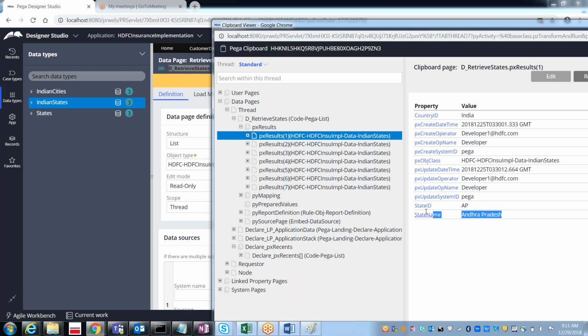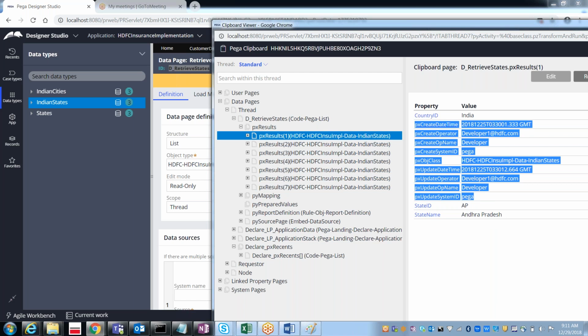So aligned with your properties, it also has predefined properties. Everywhere you will be seeing these values. So that gives when the work object was created, when the rule was created, when the data page is created. So all this information will be there. But you can ignore all these values. If you want, you can use these values. You cannot update these values, but you can copy these values to some other properties and use them accordingly. PX means read only, right? So read only means we can use this.